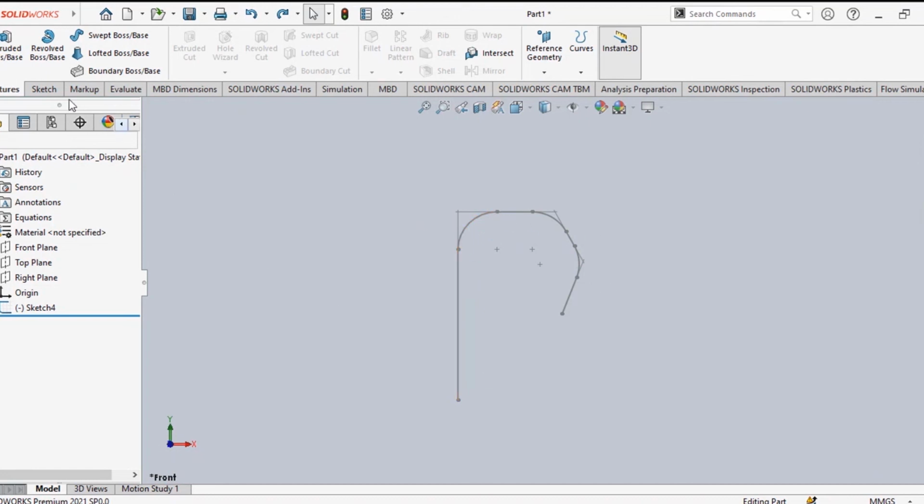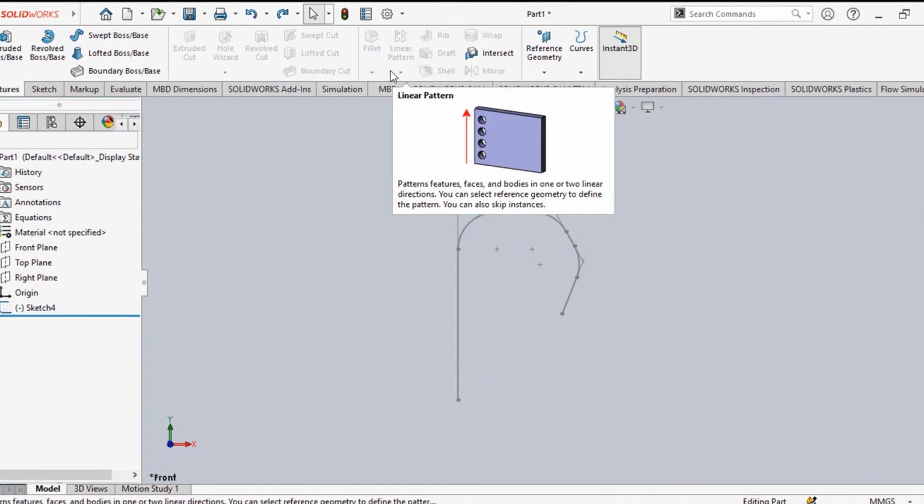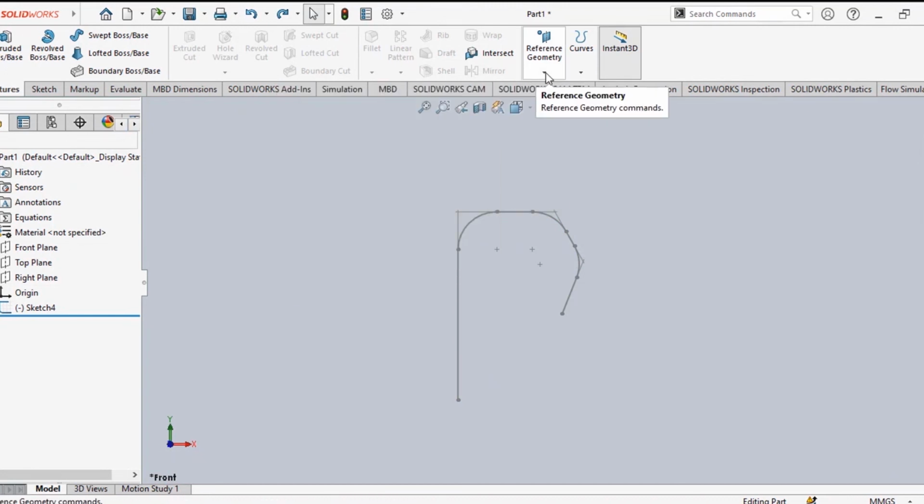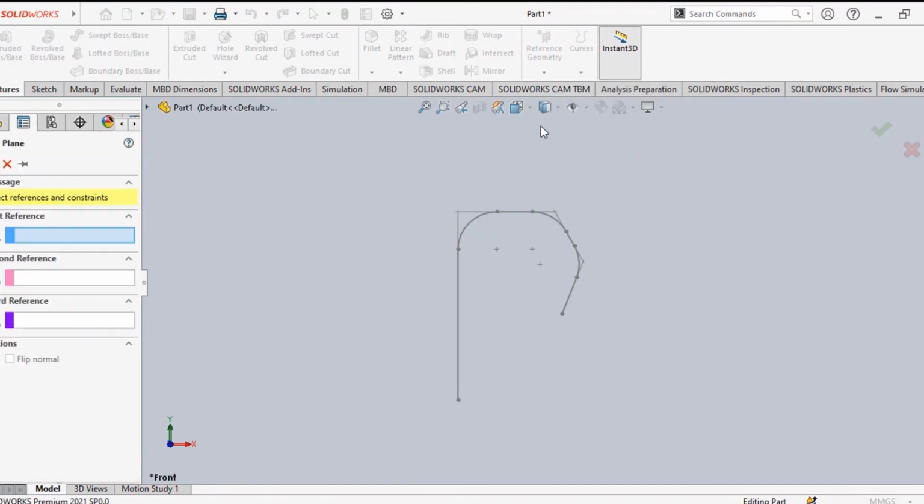Right? So you have to start from features and here from reference geometry. From reference geometry, you can see the plane option is there. Select plane. Now if you click the line, what will happen?